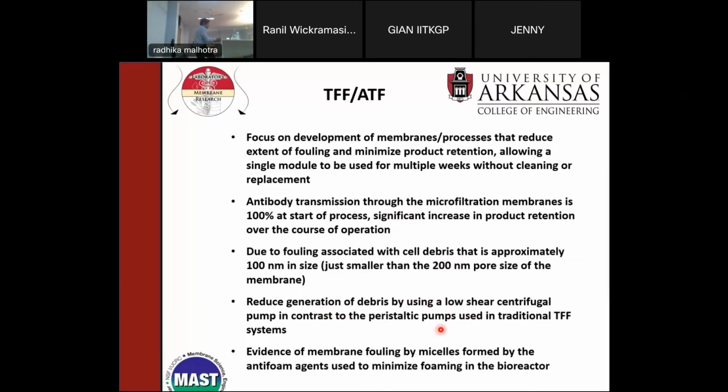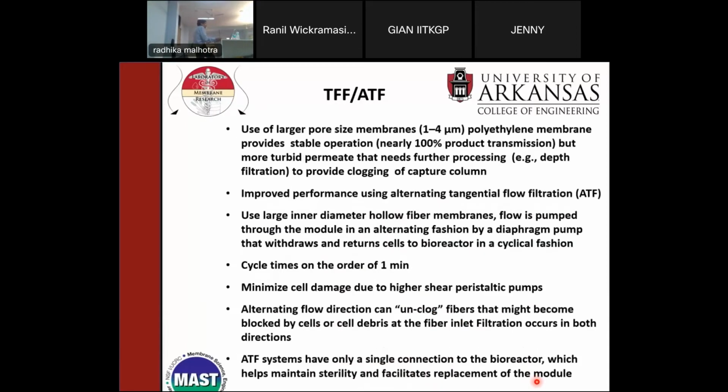In contrast to peristaltic pumps used for traditional tangential flow filtration, you can do that. Evidence of membrane fouling: micelles formed by antifoam agents used in bioreactors. So that's okay. And so one idea, as I said, is you use a large pore size for microfiltration, a very large pore